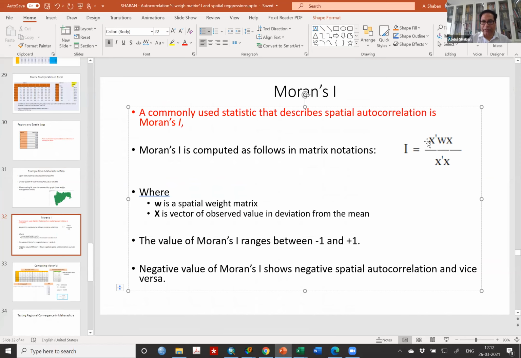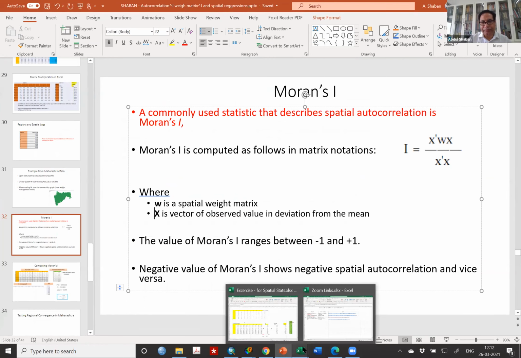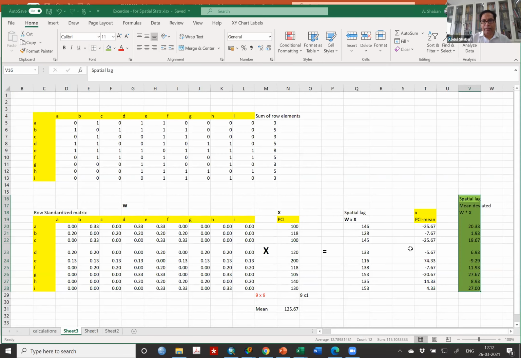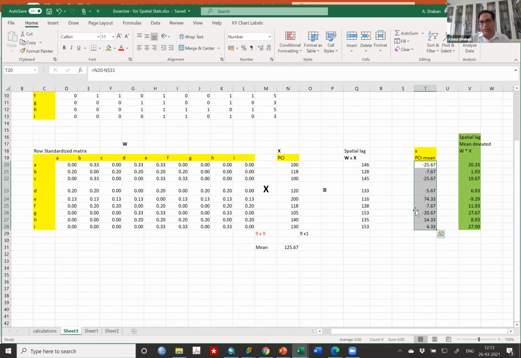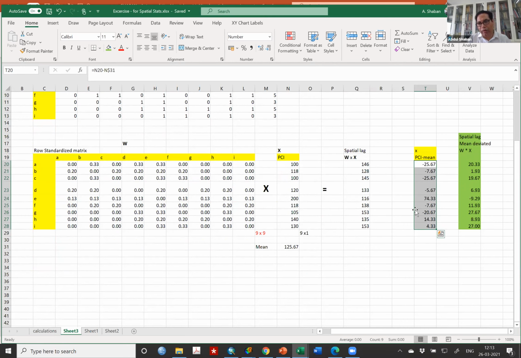The first part of it, the numerator, we have to calculate. So what will be the X transpose? Anybody? This is the mean value of X. This is the actual X we have calculated, and now we need to transpose it. How to transpose it? You make the row into column and column into row. That is the transposition. So X transpose equals X bar transpose.